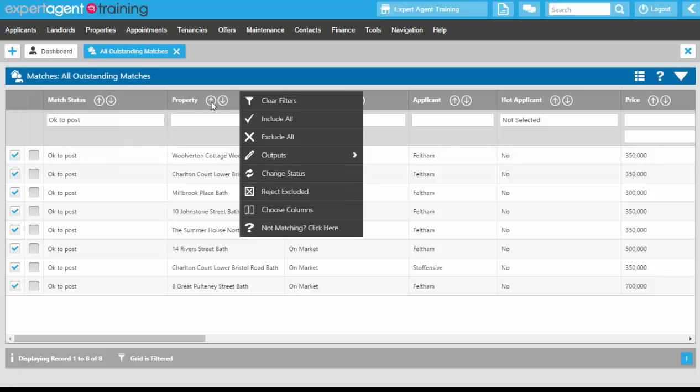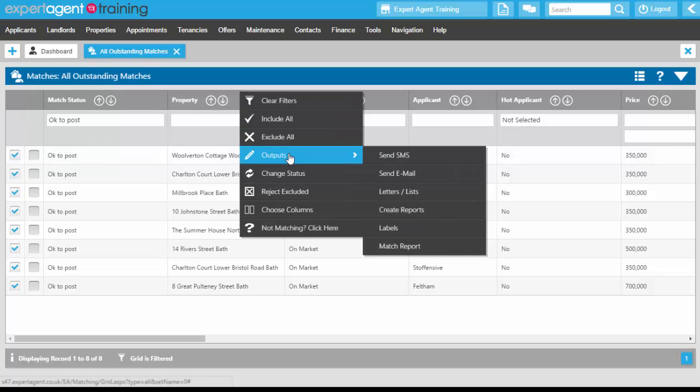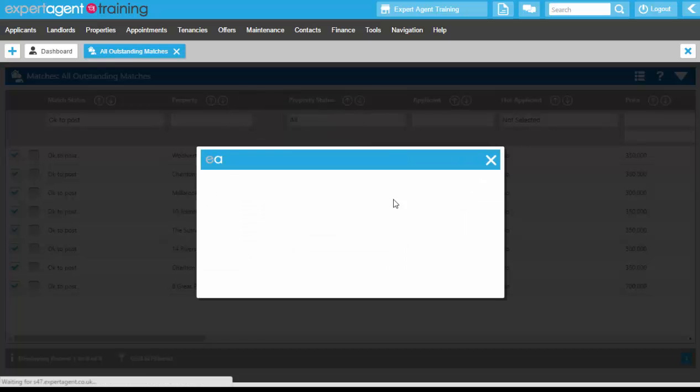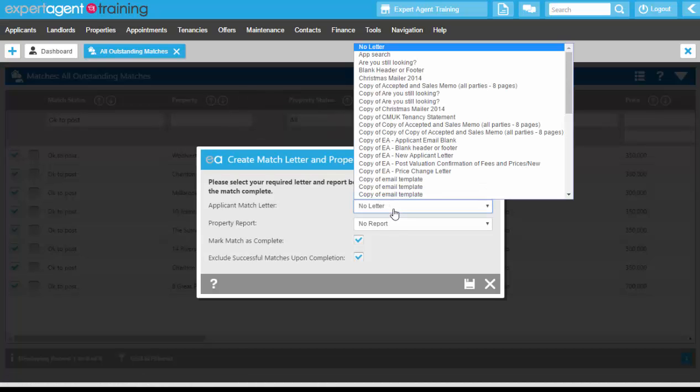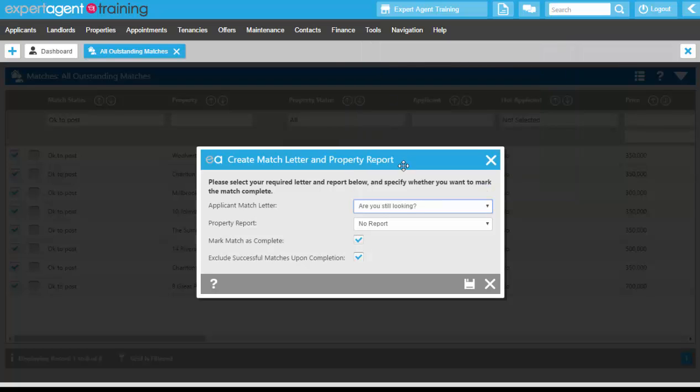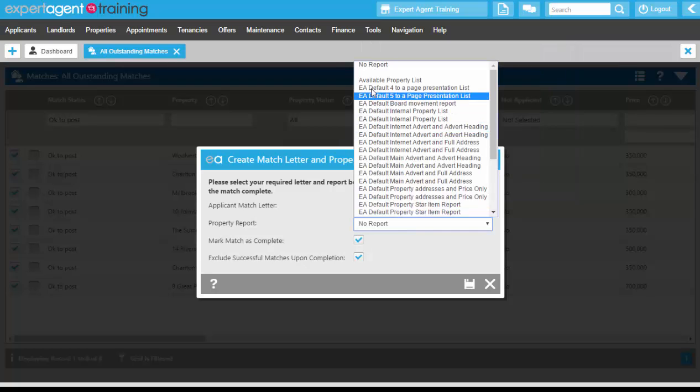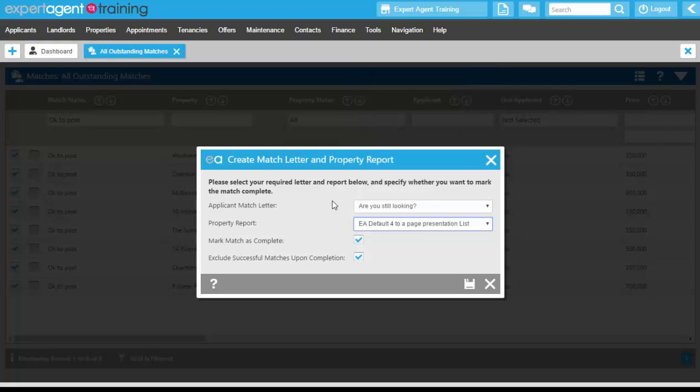On the action menu, under outputs, we're going to select letters and lists at this point. You need to create your own match letter and create your own match report. Select them from the list, and we're not going to mark the matches as complete. We're not going to get the system to mark them as complete once it has created the letter. However, once we manually mark those matches as complete, we are going to get the system to remove those matches